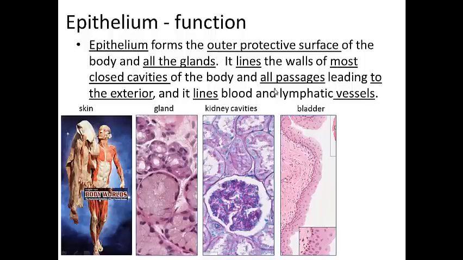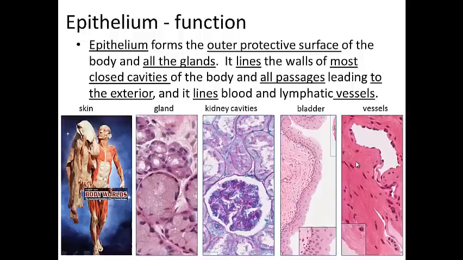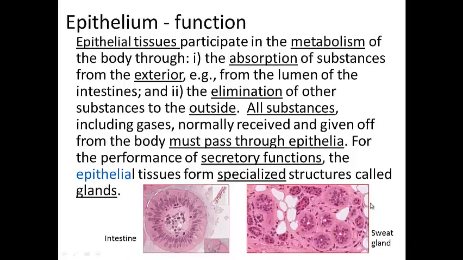It also lines passageways to the exterior. And here we see in the urinary bladder, where fluid is going to be going out, urine is going to be going out, we have transitional epithelium lining there. It also lines blood vessels. We see a blood vessel here, a lymphatic there, a little capillary here, endothelial cells, simple squamous epithelium line those